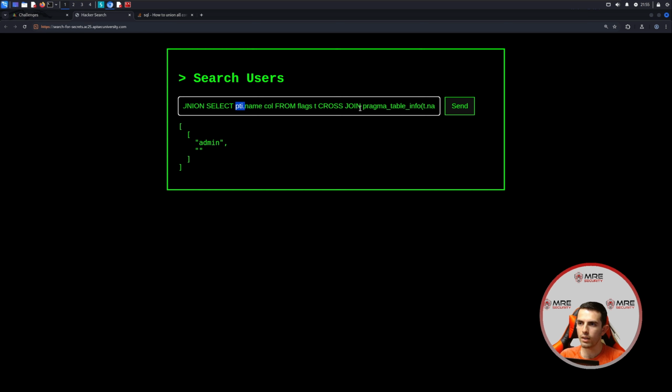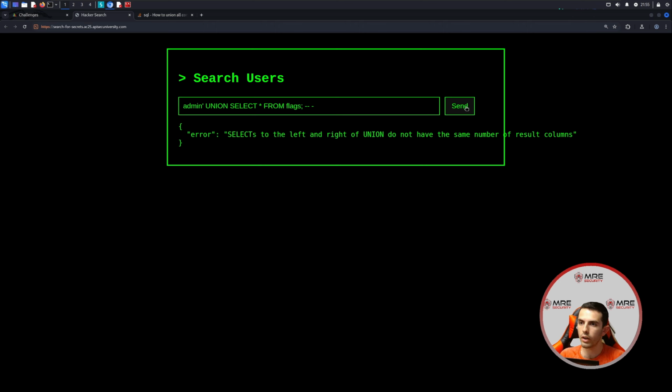Okay, so let's go back to our original query. Let's see what we can work with. So we know that union select works, so we could do just the basic and see if this works. So we could do flags, since that's the table that we know was working before, and we still retrieve this